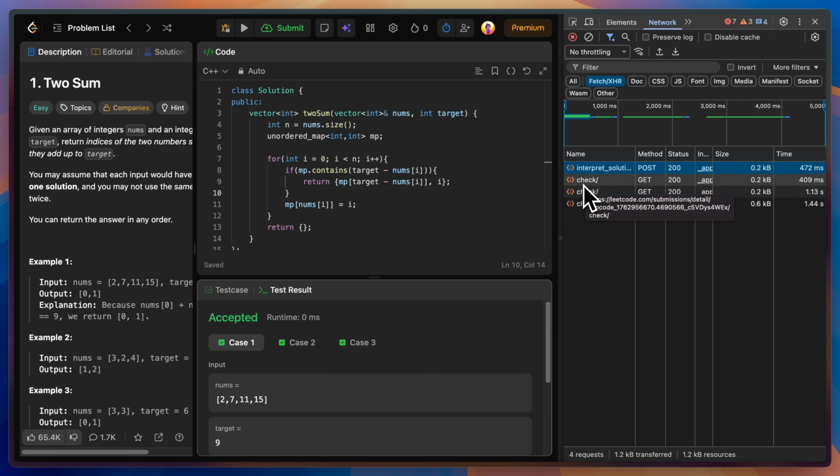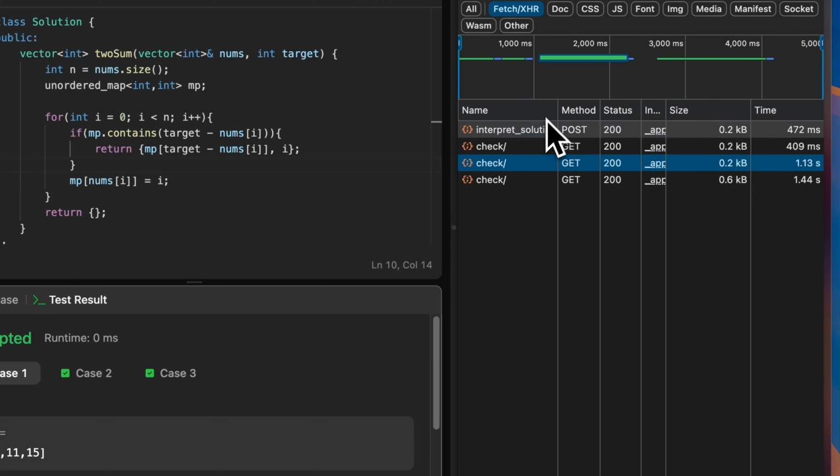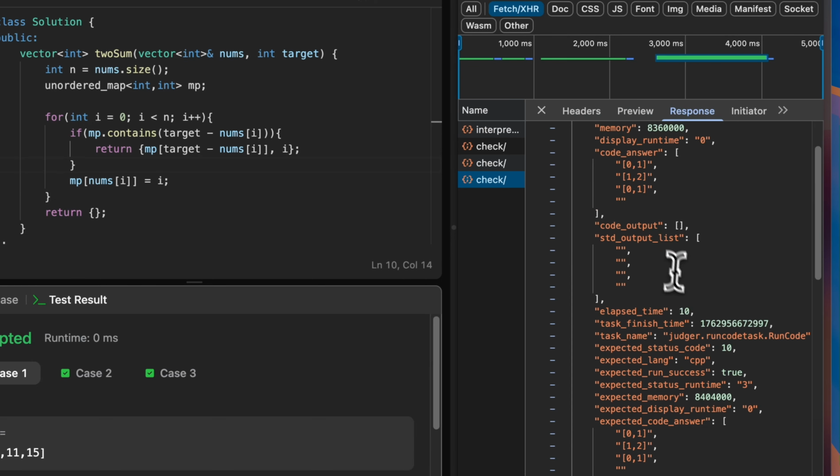First, this particular API will be triggered and we will wait for its response. Once we find out that the response is not the desired response, that is, it is not yet accepted or rejected, then we will again call this check API. We will do so until we get the desired response, which is